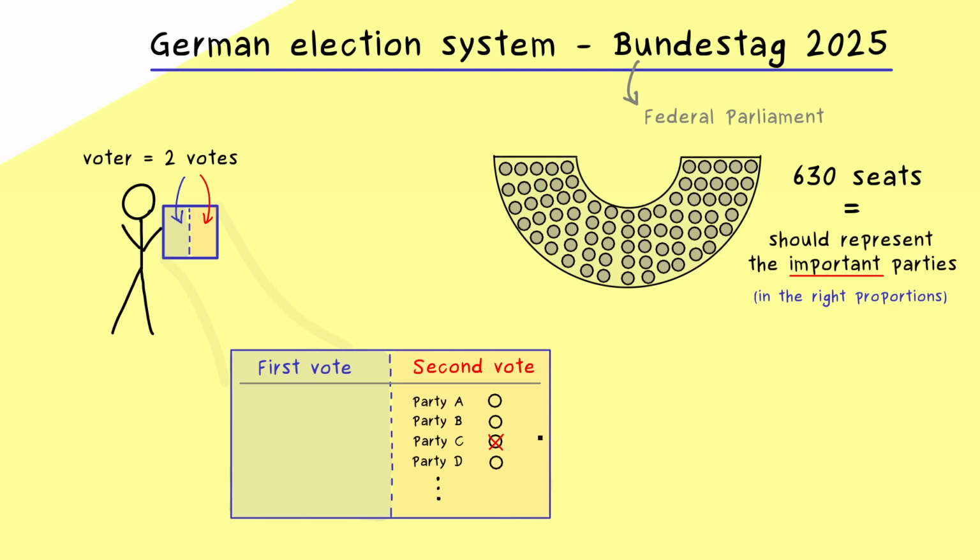And to be clear, this ballot paper is really long because this list here goes on for 20 to 50 parties. And since there are so many parties there, the rule is that only the important parties get seats in the parliament. And now we already know the total number of second votes gives us the proportional representation of the parties in the Bundestag. Now obviously this would already work as a voting system, but now comes in the next layer